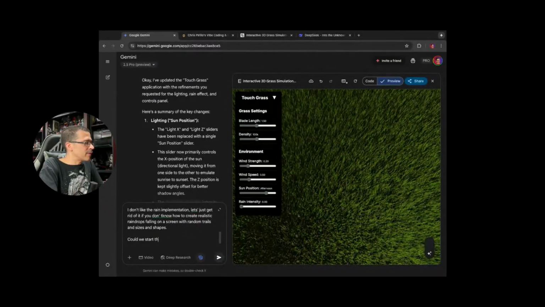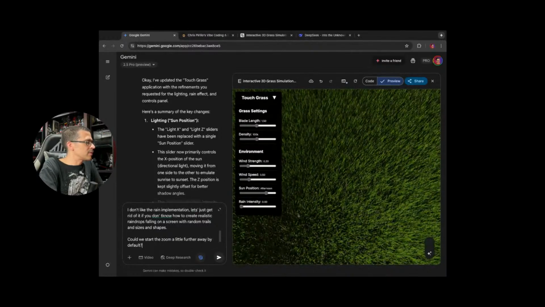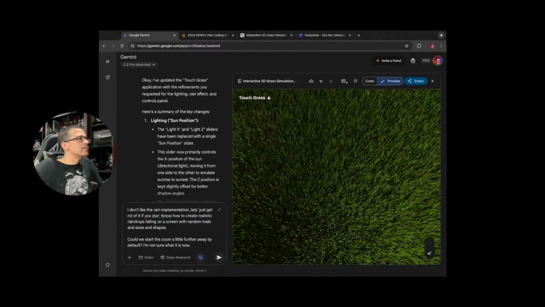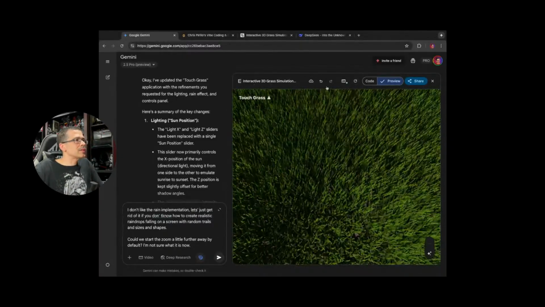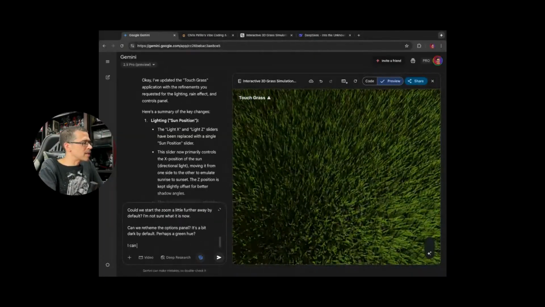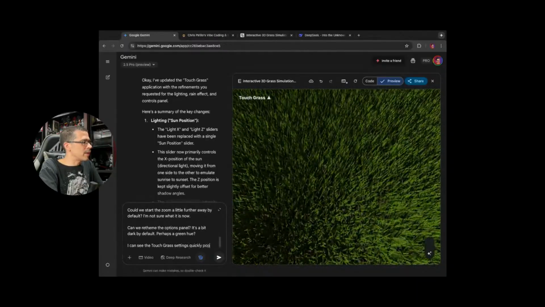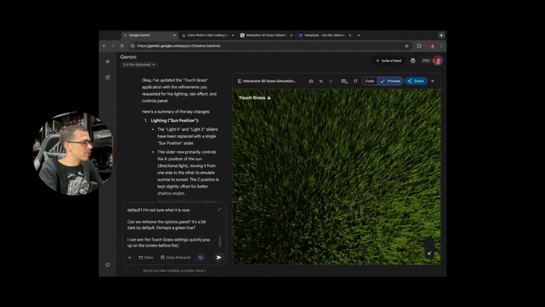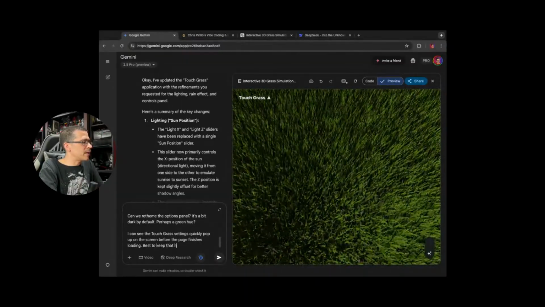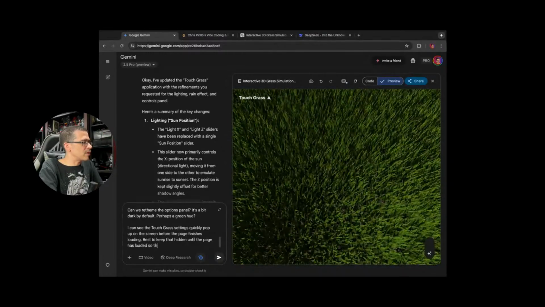Could we start the zoom a little further away by default? I'm not sure what it is now. Okay, it says touch grass. Ooh, what? I can see the touch grass settings quickly pop up on the screen before the page finishes loading. Best to keep that hidden until the page has loaded so that